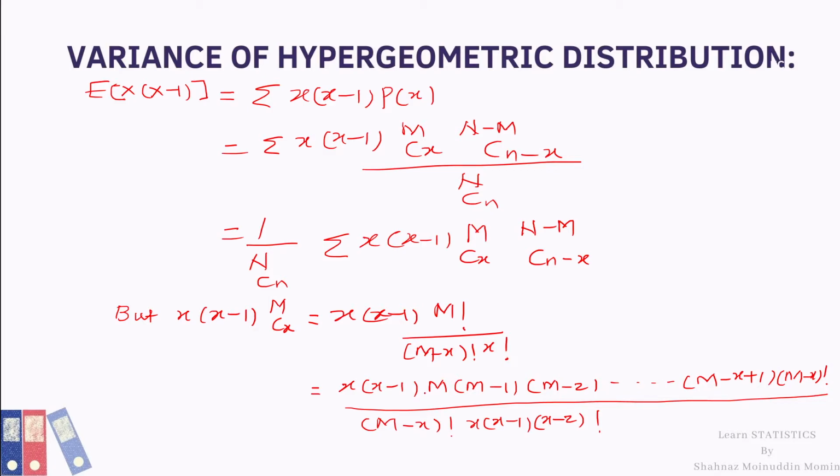I am expanding this m factorial, m minus x factorial and x factorial in order to cancel some terms. Then we will see that this m minus x factorial gets cancelled with m minus x factorial. Similarly, x into x minus 1 gets cancelled with this x into x minus 1. So we are left with